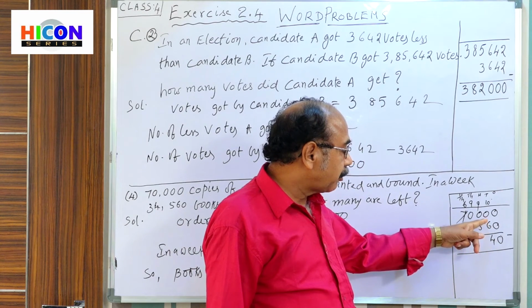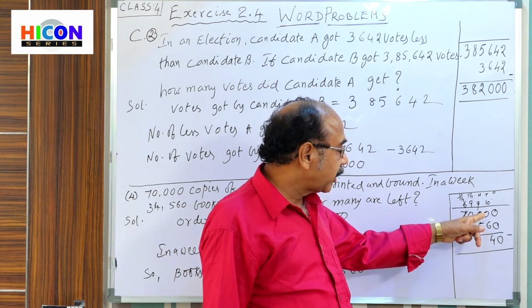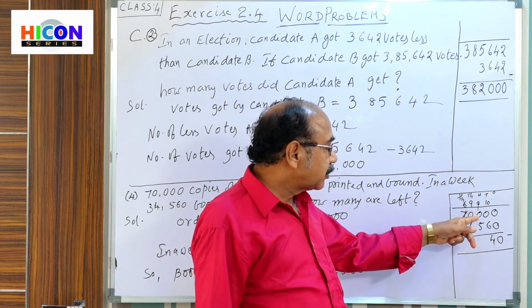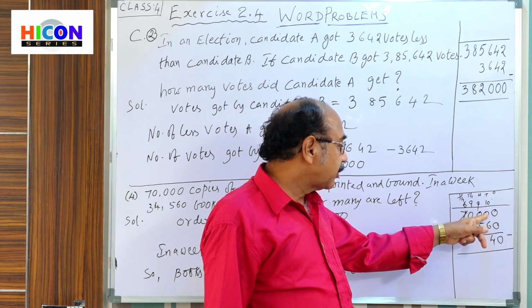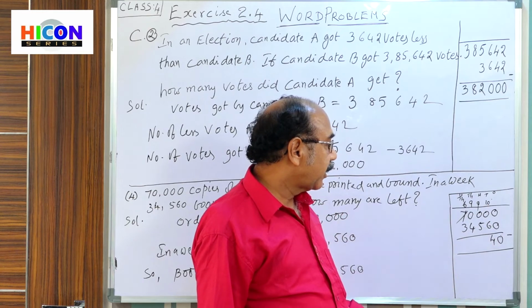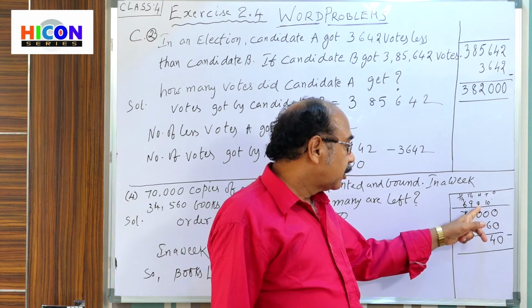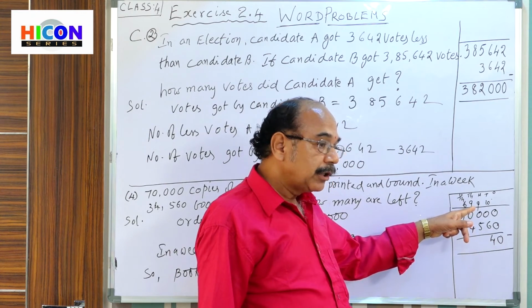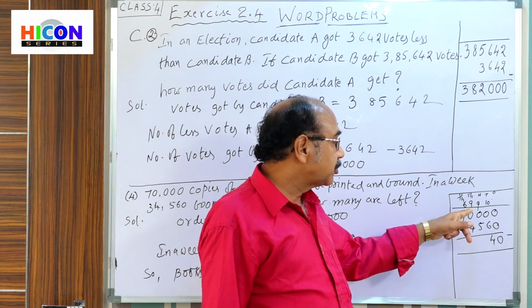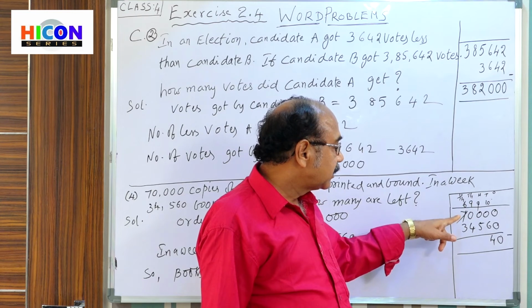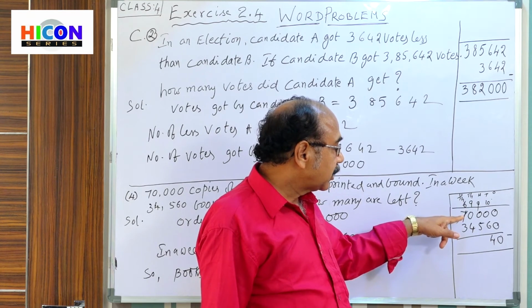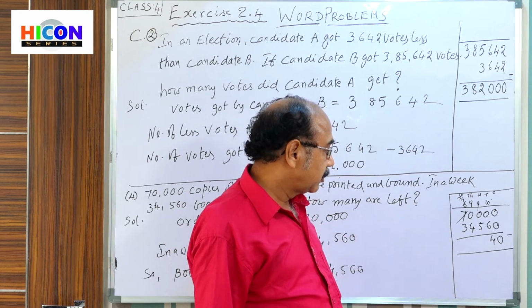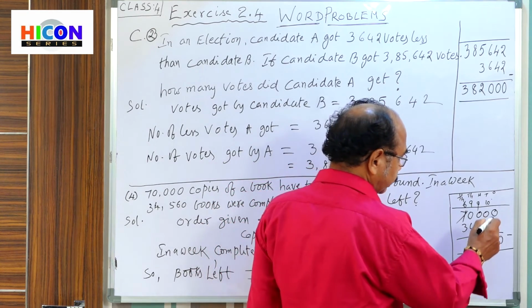Here 6 cannot be subtracted from 0. That's why here we are taking borrow from the before place. Borrow means 10, so we write 10 here. And above the zeros we write 9. Why? Because here we are taking borrow, that's why 9s we write here. From 7 we got borrow. That's why here 7 becomes 6. Now you see here.